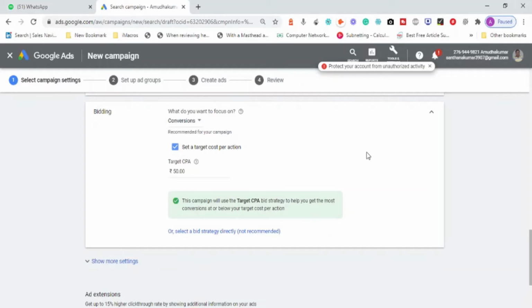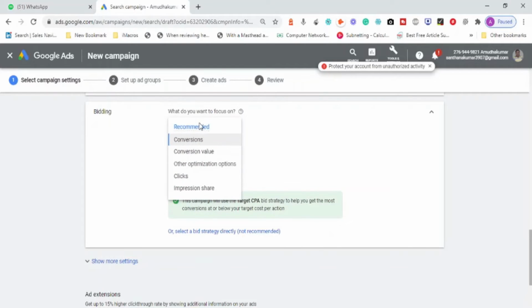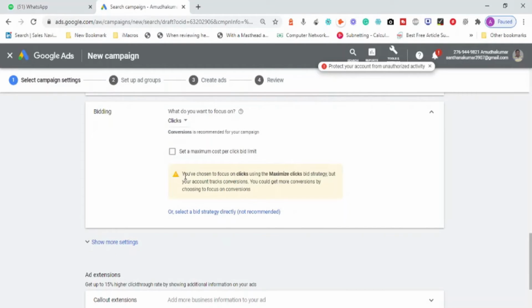We will be using it only when a user is expected to perform an action on your website, especially like selling or buying a product, subscribing, watching a video, or an activity to be completed, or a form to be filled. We use CPA. But for receiving a phone call to our own number, we don't need a CPA based bidding strategy. Once you select the clicks bidding strategy.